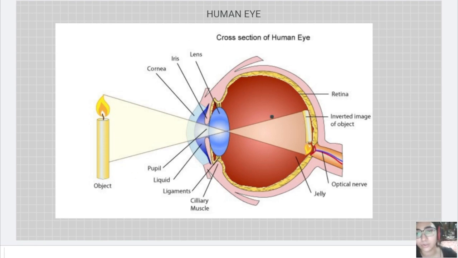We won't get into the very intricate details because that is not our scope. That portion will be done in biology. So all you have to know is that the eye has three layers: sclera, choroid, and retina. So the innermost layer is the retina. Basically, all you have to know is the retina is the portion where the light is ultimately